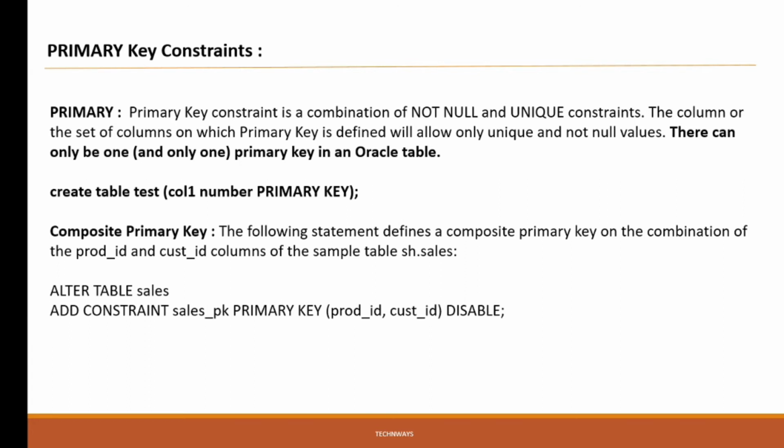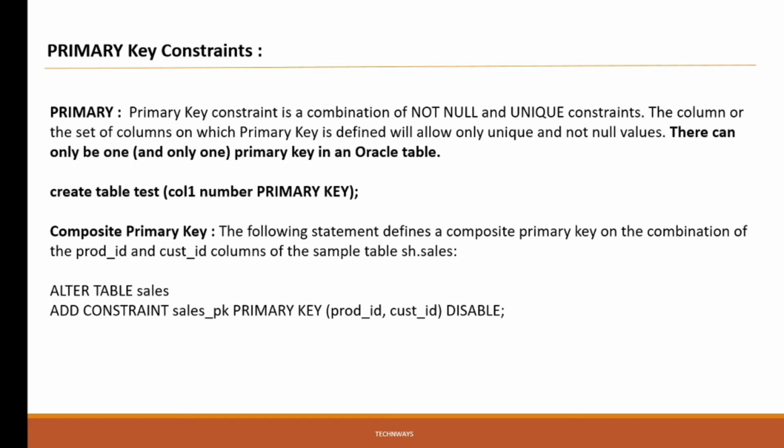Most of the time when we are creating a table, we keep a primary key, whatever the unique identification column we want to keep. That is always required for that record. You cannot insert a null primary key for any record. And composite is the same: if you want to create a primary key with a combination of two columns, you can also do that.